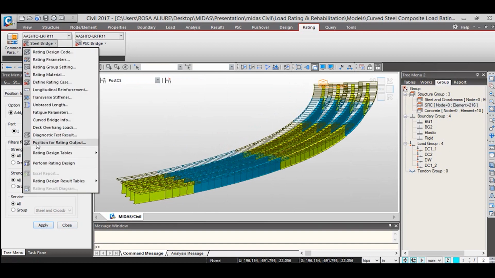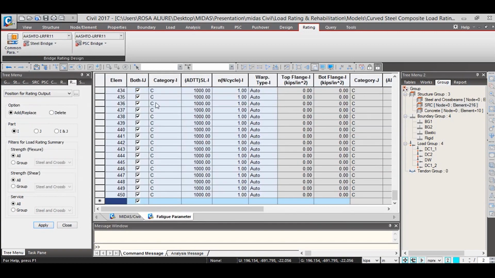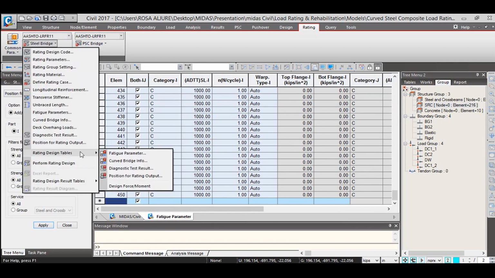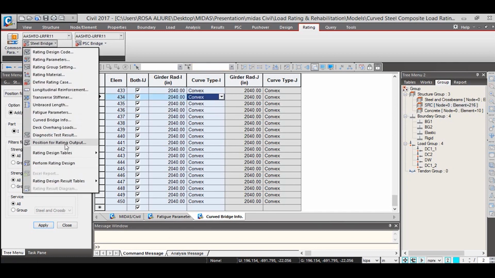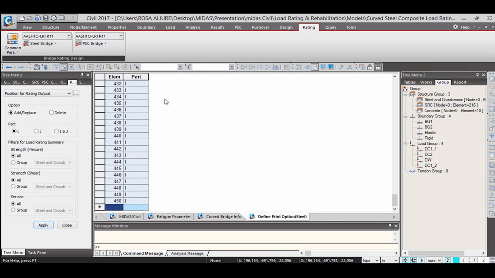After that, we can check the parameters for each one of them, such as the fatigue parameters that have been assigned under the rating design tables, curve bridge information, and diagnostic test information, and those properties can also be modified using these tables. So keep that in mind in case you need to change something in the model. You can also check the diagnostic and the position rating for output, as you can see here.